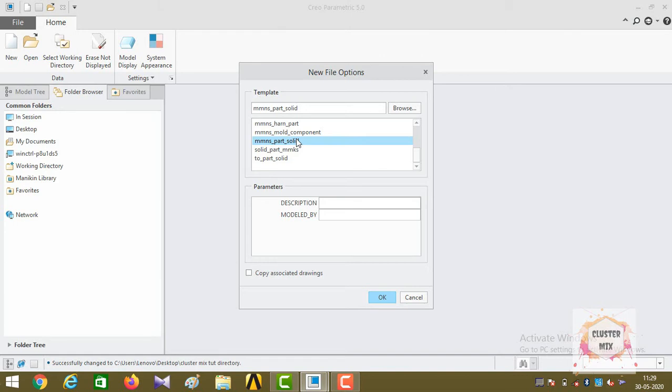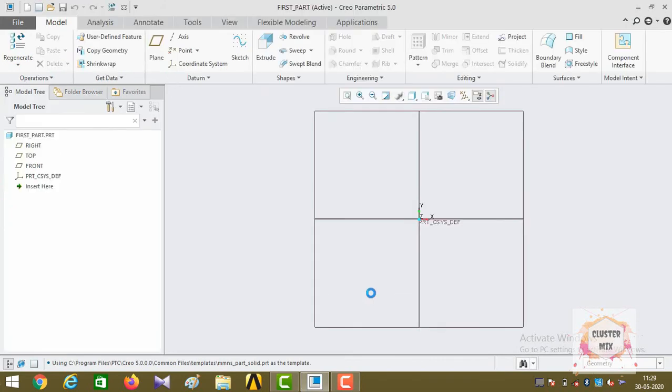You can also write your name in the model, and you can also create the description of the model, whether it is a machine part or a construction element. Click on OK. Now we may see that this is the geometry interface of Creo Parametric, which we'll be discussing later in the upcoming videos. Right now I just want to close it. Click on close button.